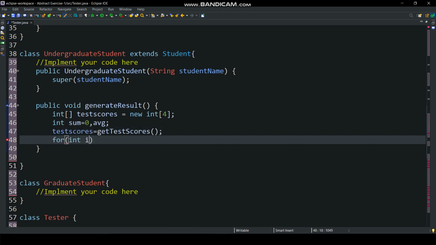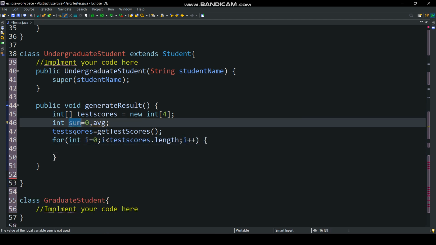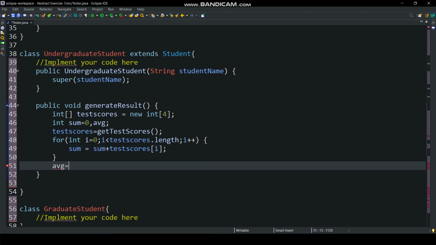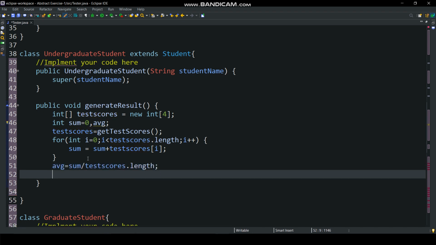Then using for loop calculate sum of all test scores. Then calculate average. If average marks are 60 or more than 60, then that student will be pass, else that student will be fail.